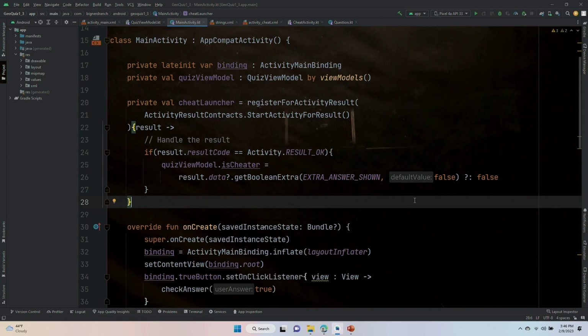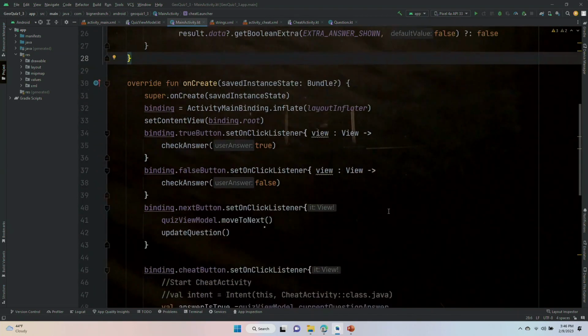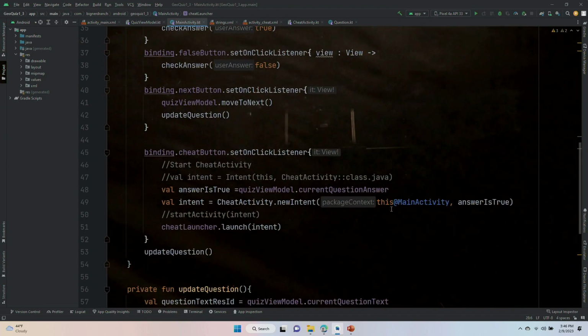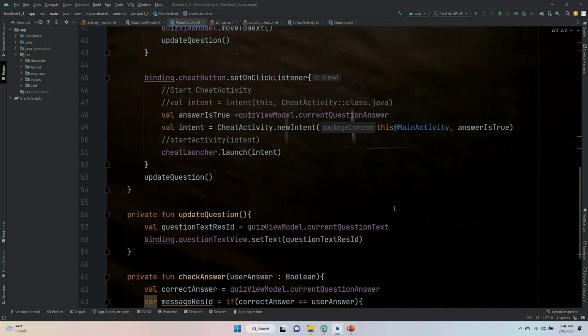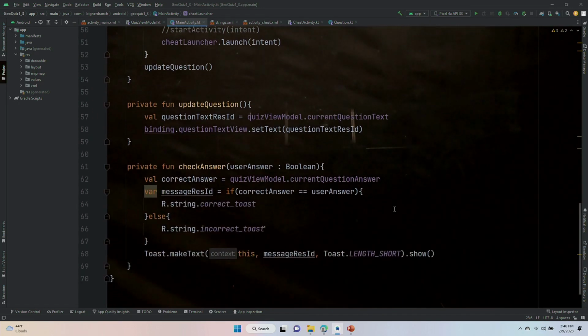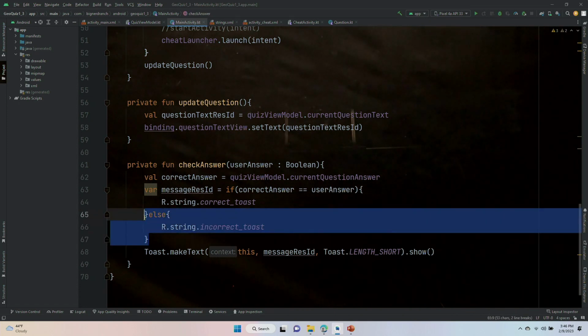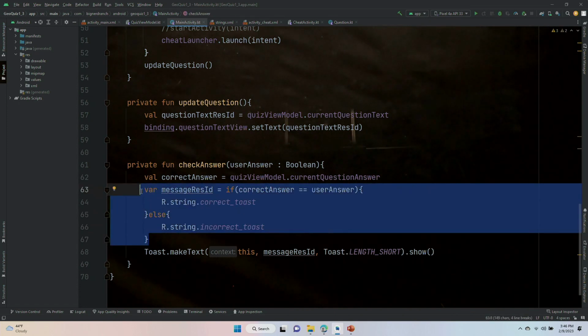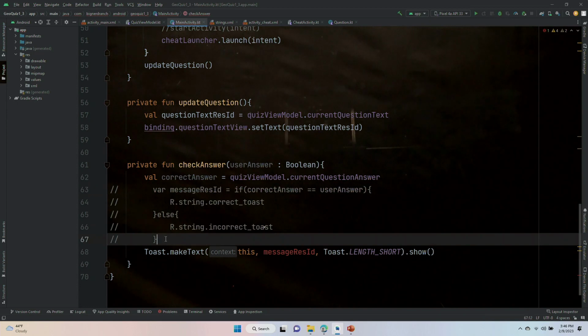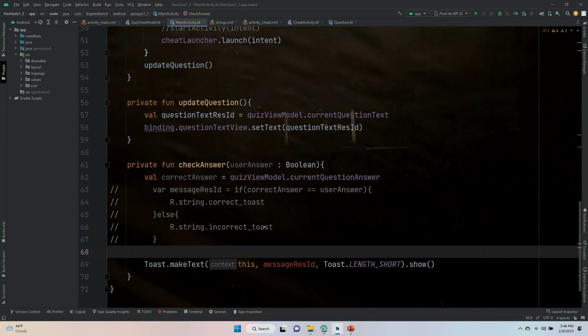Okay, we just have one more thing to do before we test this out. We are going to make some changes in the check answer. So this code here is going to get commented out. You can delete it, but I like to see it before I fix my changes. So we have val messageResId